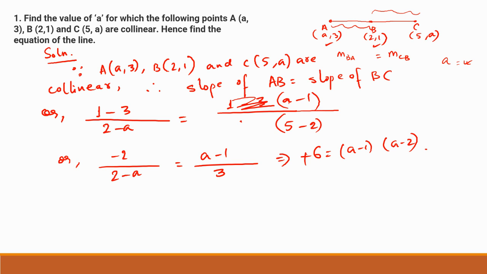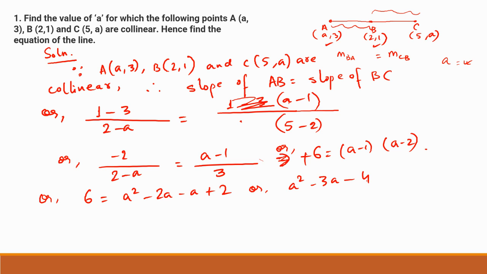Let me do that. Okay. So just write "or", because you are writing "or", so keep on writing "or". If you want "implies", then start from the beginning, write "implies". Or 6 equals A square minus 2A minus A plus 2, or A square minus 3A